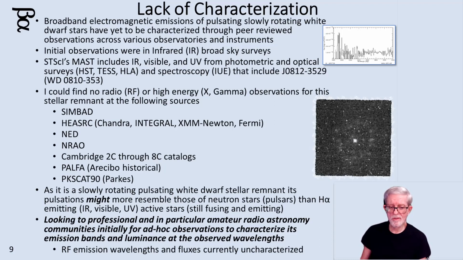And then more characterization, as in what bands do you see emissions on, and what levels of luminance at your particular observatory. And since it's not yet categorized, that means that anyone with a receiver, regardless of the band, can take a look at it. We already know that certain types of pulsars emit radio frequency over a very large number of bands. So even though we've got observatories that look in specific bands, that doesn't mean it's not emitting in other bands. It's just that's all the instruments they have. And the same thing in this particular case is observing what you got.